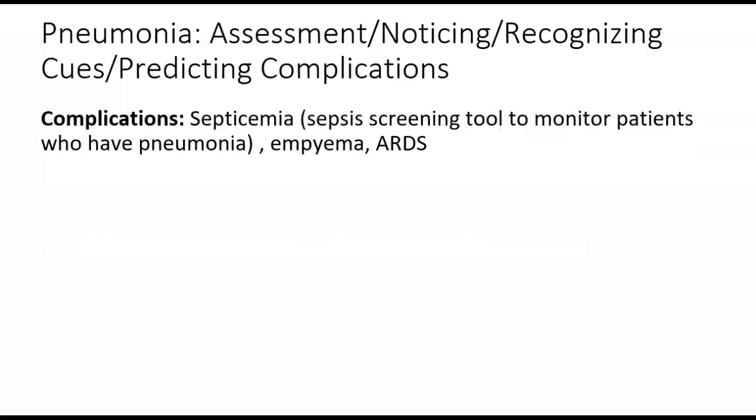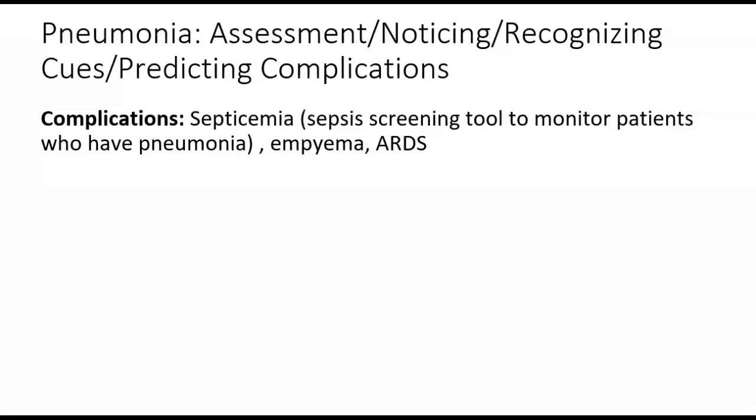Complications from pneumonia include septicemia. That's when the infection has moved to the bloodstream. So that's obviously a very bad thing when infection that has been local, whether it be in the lungs or a bladder infection, moves into the bloodstream. Then you have the infection traveling throughout the entire body. Very bad. Sepsis is a very serious complication. Empyema, which we'll talk about in a little bit, and ARDS, acute respiratory distress syndrome,